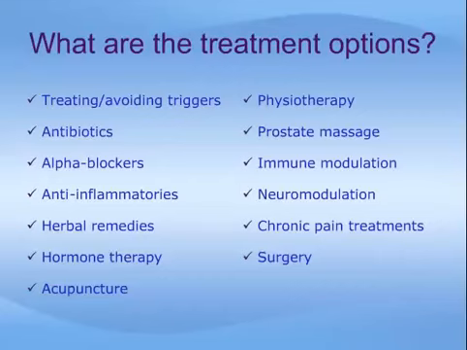Alpha blockers are drugs that relax the muscle within the prostate, which again may relieve tenderness and help to improve urination. Non-steroidal anti-inflammatory drugs, such as ibuprofen and naproxen, can help relieve pain and inflammation. These are used to relieve symptoms of both infectious and non-infectious prostatitis. Many alternative therapies have been tried, and some have shown some merit in clinical trials. Acupuncture for pain relief and plant-derived extracts from saw palmetto or quercetin may improve symptoms in some men. Other, more advanced and invasive therapies have also been described, such as neuromodulation and surgery.